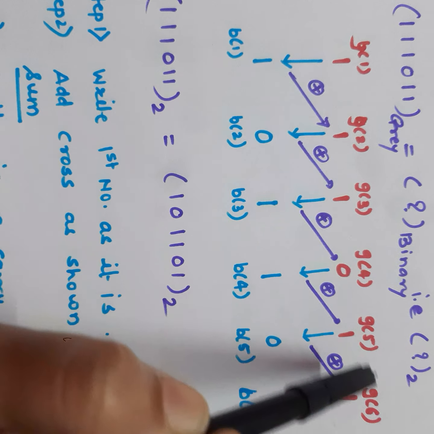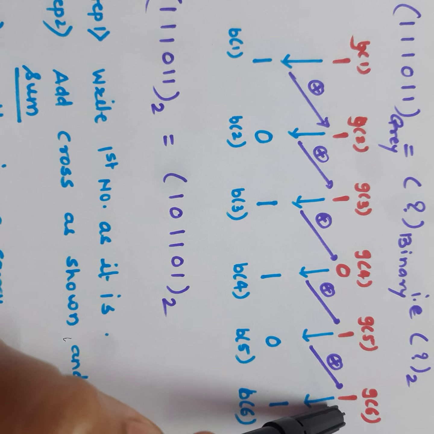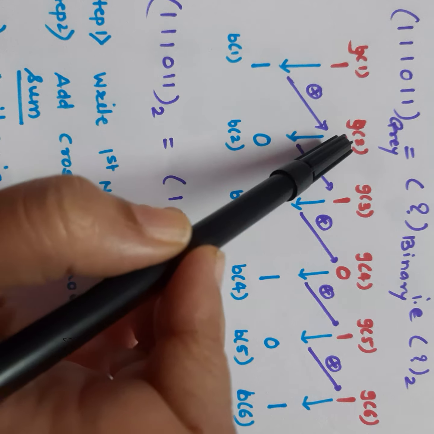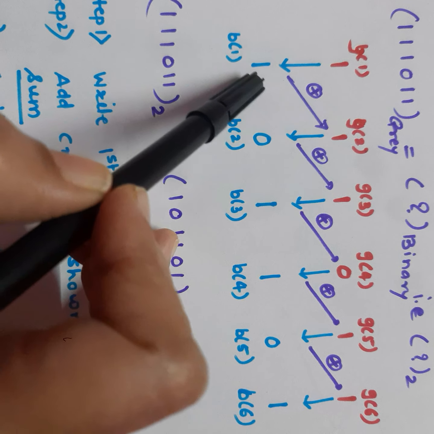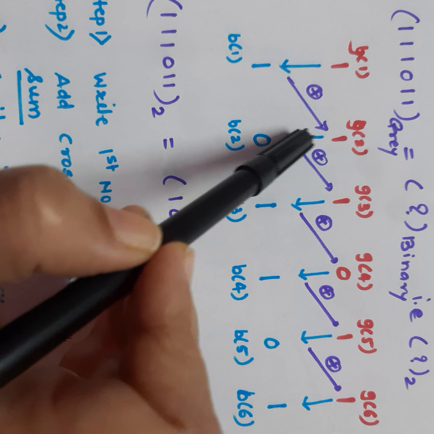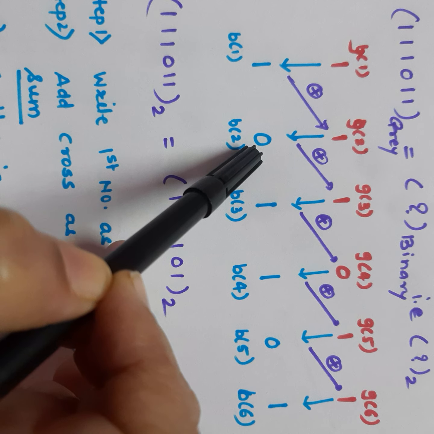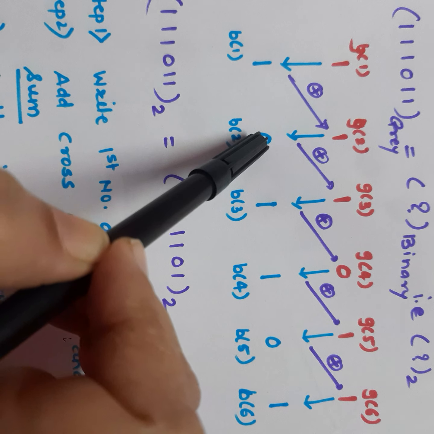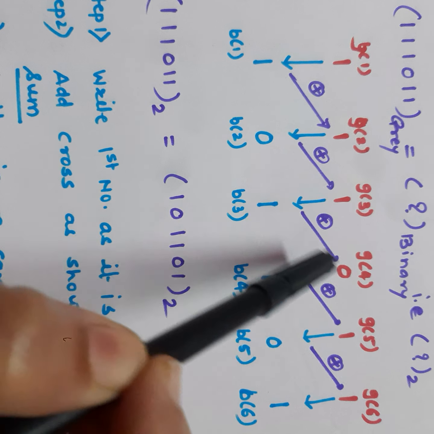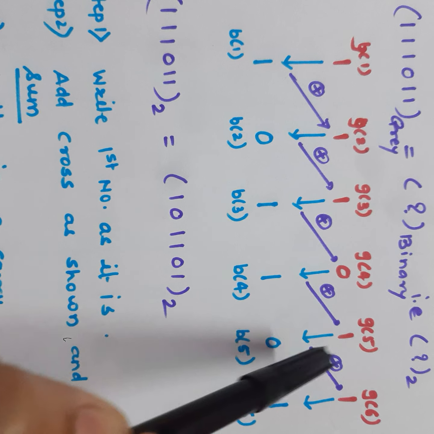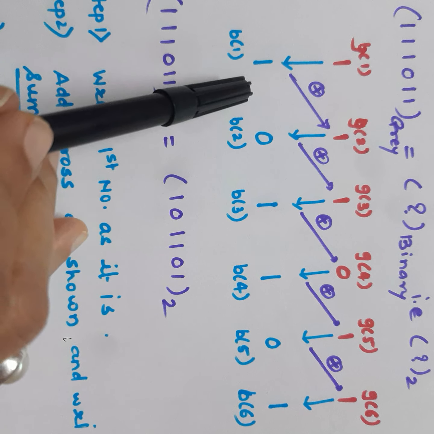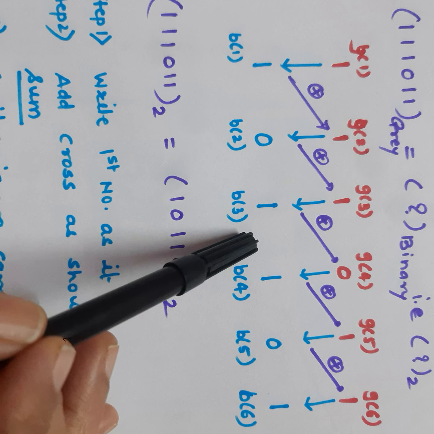Okay, what I have done here: the number I have written as it is with some space. Then write down the first bit as it is. Then the first bit and the next bit of this gray number are added. 1 plus 1, and the addition is written here and the carry is neglected. So 1 plus 1 is 0 with carry 1 which is neglected. 0 plus 1 is 1. 1 plus 0 is 1. 1 plus 1 is 0. 0 plus 1 is 1. So the carries are neglected, and I am getting the final answer as 1 0 1 1 0 1.